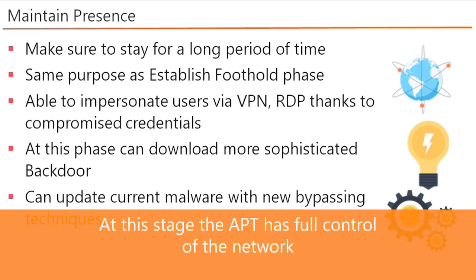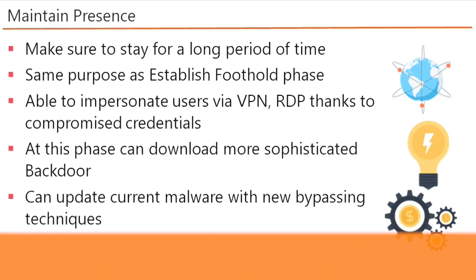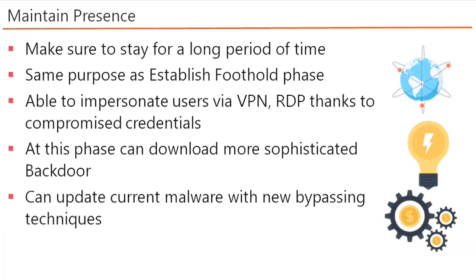At this stage, the APT can start downloading more sophisticated malware, and they have full control of the network. They have established a good foothold, network mapping has been done very precisely, and they're ready to download the sophisticated malware,